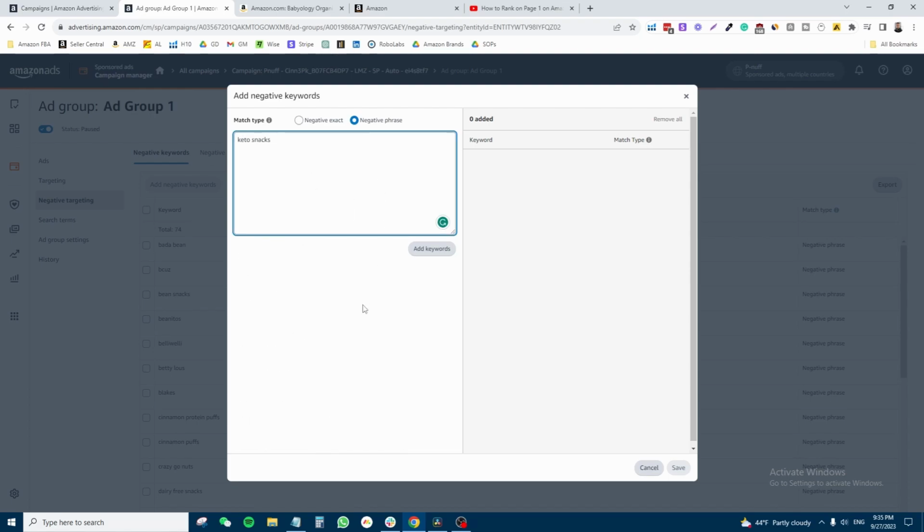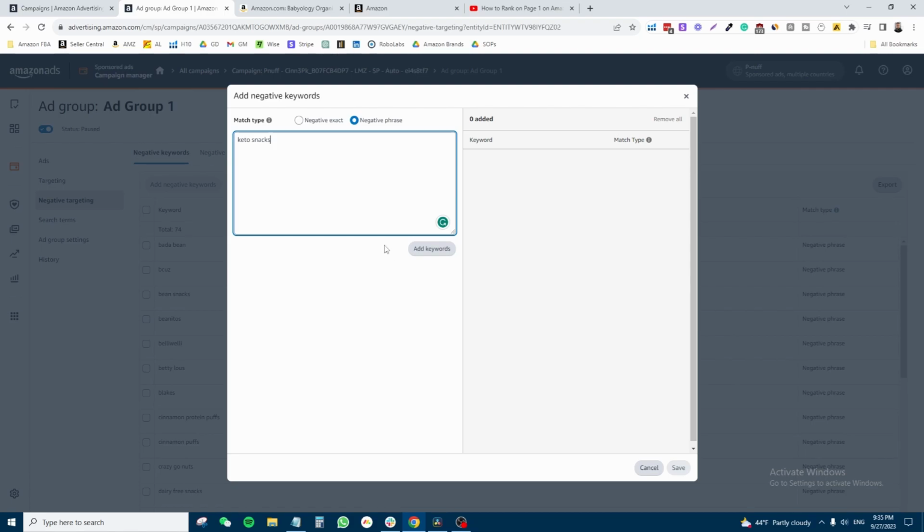So that's how negatives basically work, and they will help you really skyrocket your sales and maintain that profitability goal that you've set for this campaign. And this will help you avoid a lot of wasted ad spend and help you achieve those profit goals over time, right? So that's how you take an additional step to prevent your money from flowing to inefficient positions